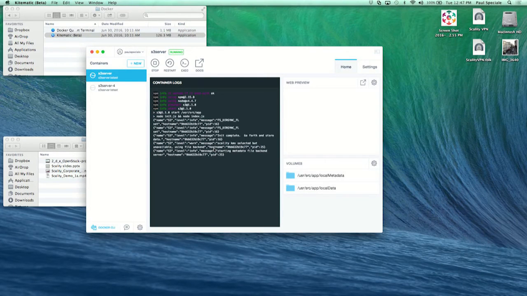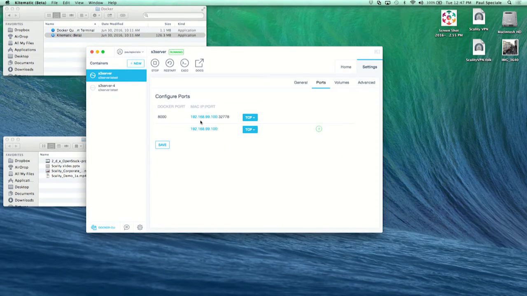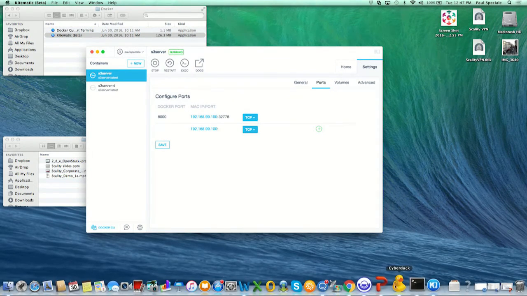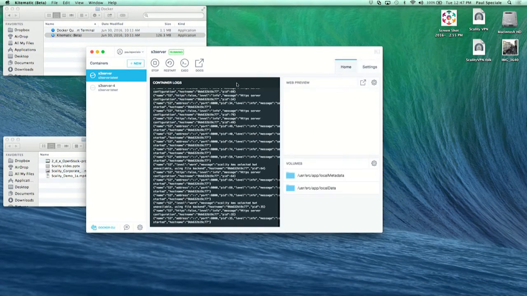All right, so this UI does depend on me taking a look at some settings. Okay, so what do I need specifically to connect? I need to know my IP address, my port number, and I need to provide my access keys. So that's going to be the next step of what we need to do. All right, so the server is running, right? We see it started. I have stop, restart. Let's bring up